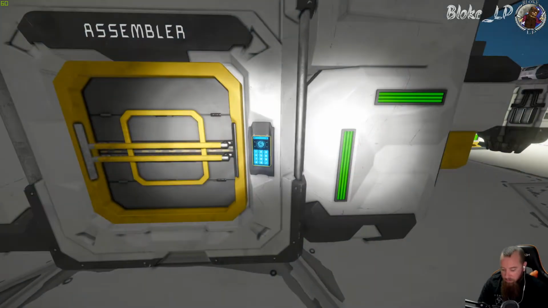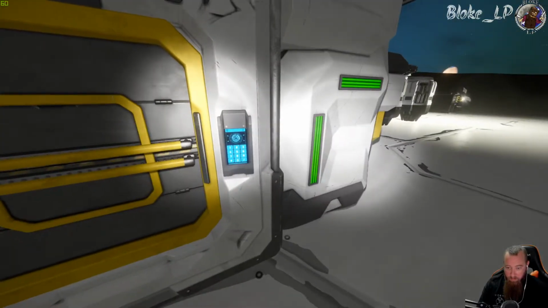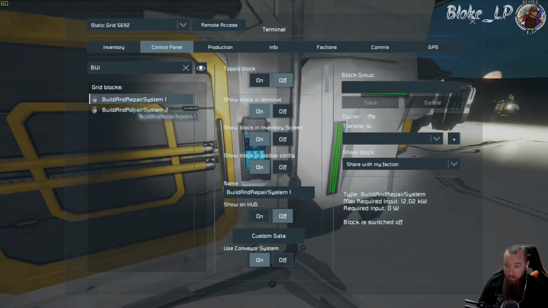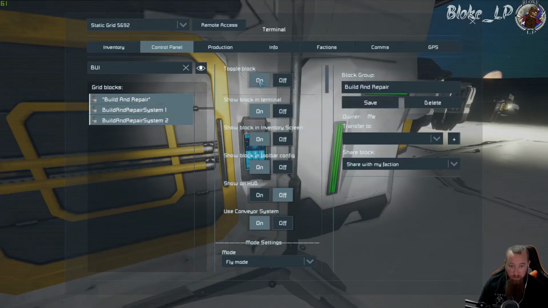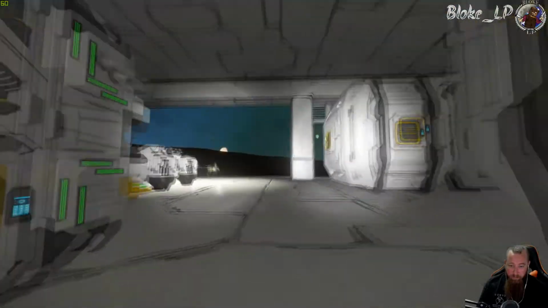Whoops, sorry. No. Why isn't that working? Oh, because I'm looking at the port. Let's do it that way. Let's go build and repair. Let's put both of these in a group actually. Build. Now we've got caps lock on. Build and repair. Save them, and let's toggle them on, and hopefully they will start doing what they've got to do out here. Righto, in the meantime,